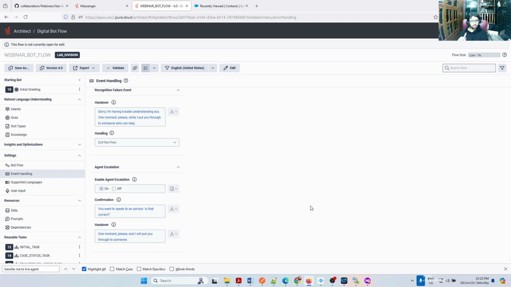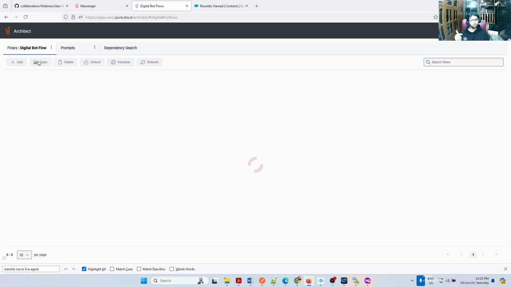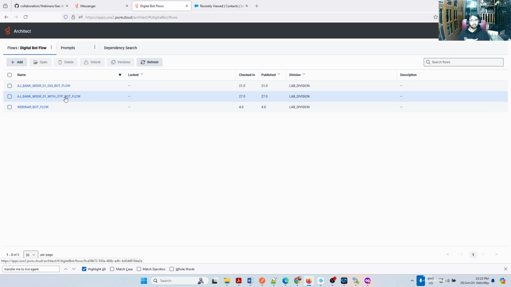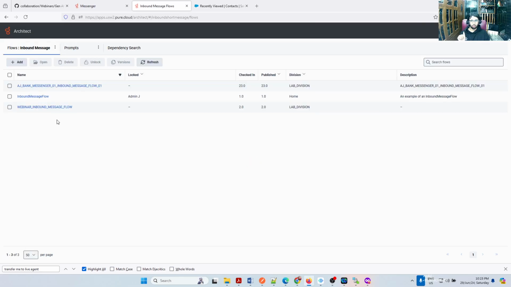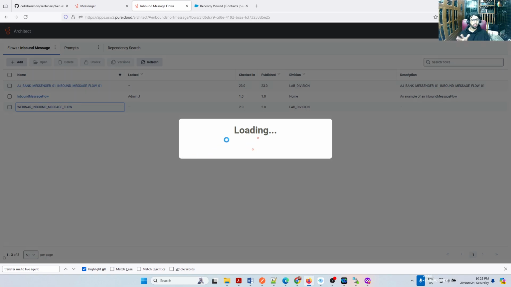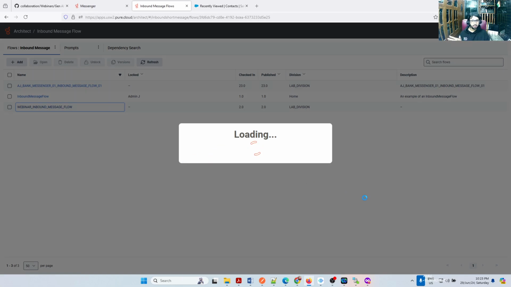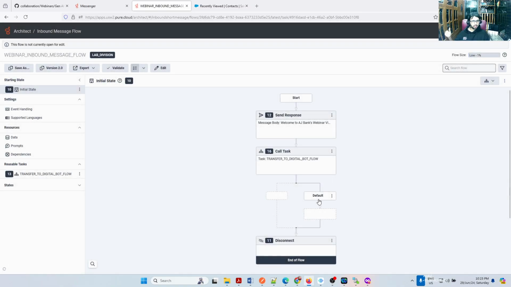So where is the transfer coming in? When I reach this point saying, "Okay, one moment, I will put you through," that moment is the place where the bot flow will hand over to my message flow. So it goes back to the inbound message flow. In the inbound message flow, if I have an option to transfer to the same agent in the exceptional case, that will work. So let us build that exception now. In the inbound message flow, this is a message flow. Right now we don't have that, right? It just transfers and forgets. But when it forgets, there is a chance that it's going to come back here.